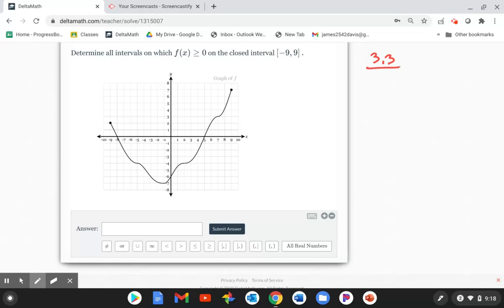So the first problem is going to start off pretty easy. We're given the graph of a function, and we're supposed to find where this function is greater than or equal to 0 on some closed interval. So if a function is greater than or equal to 0, basically what we're looking for is where the function is above the x-axis. And the fact that this includes an or equal to, we could say at or above the x-axis, right? So places where that's going to occur would be this little stretch here,